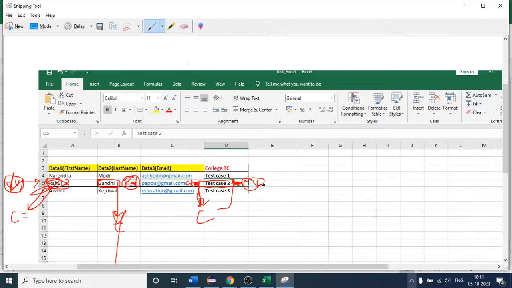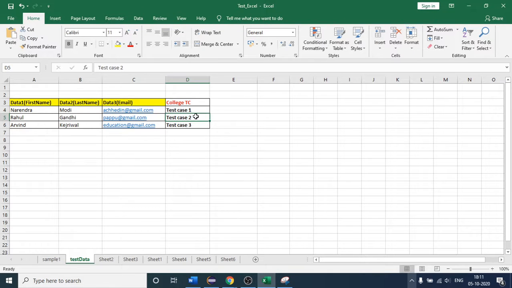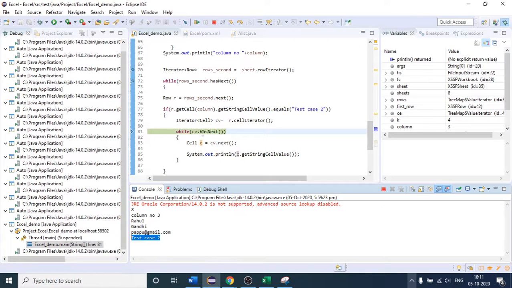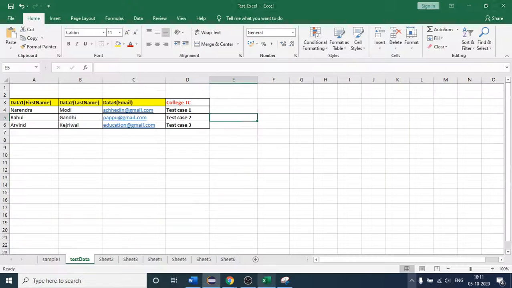After that, you will see that there are no more columns with data. If I come here, after this cell there are cells present, but those cells don't have any data, right? So we do not want to iterate again. It will check whether the next cell is present. You can see the next cell is present, but it does not have any data.